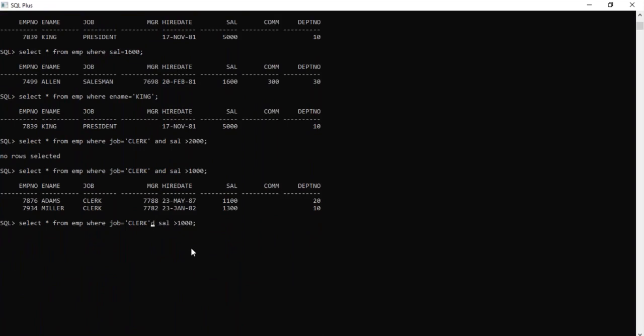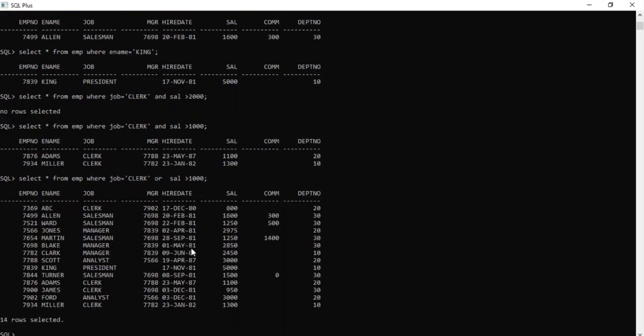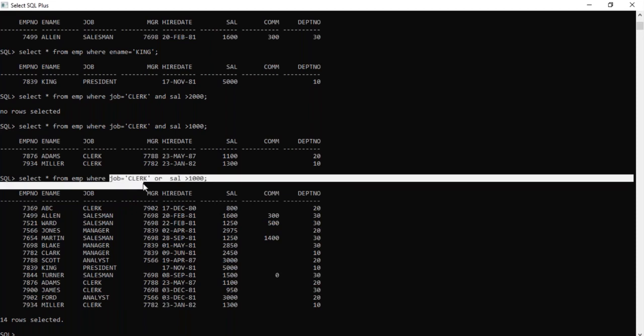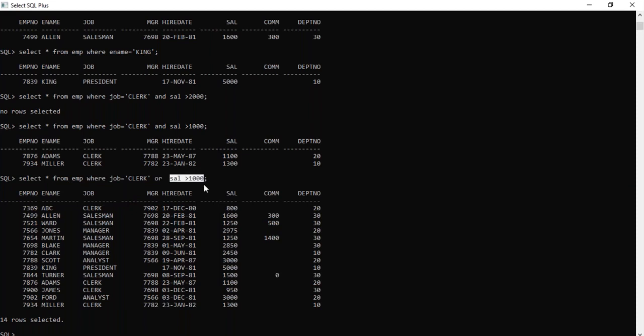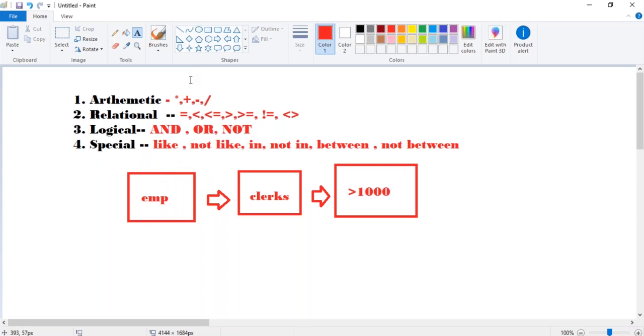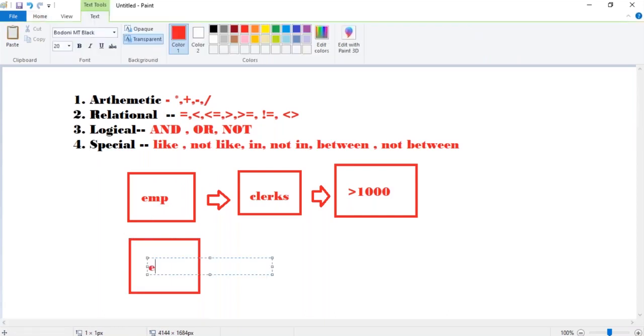When it is the OR operator, if any one condition is true, it will display the whole data. That means it will display all clerk data, and then it will display who are getting more than 1000 salary. So any one condition it will display. So how it will be: here, if you are talking about the EMP table, then the first condition will be satisfied.